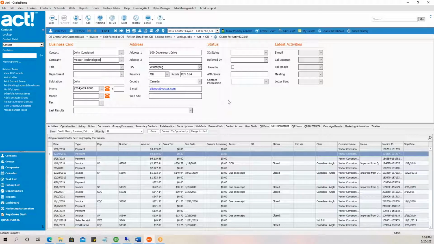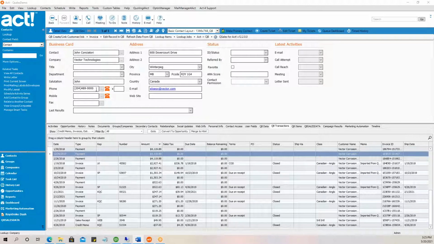Because at the end of the day, you need someone to bill, okay? But I'm going to push that out a little bit and let you guys decide the value of what we're going to demonstrate, because some of these new tools are really cool. So the first thing is we're going to click into the QB transactions tab. Now what this is going to do is show you all of the transactions relating to this